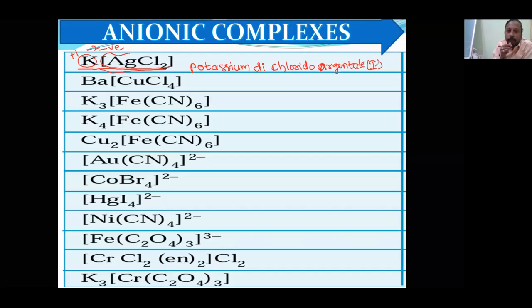So I think now more of the rules are understood. Potassium dichlorido argentate. ATE is used because this complex is on the right hand side. These are the examples of anionic complexes. Anionic complexes means on the square bracket you will find the negative charge. Now you will be somewhat comfortable with the second name. First, what we should write? Second, barium.